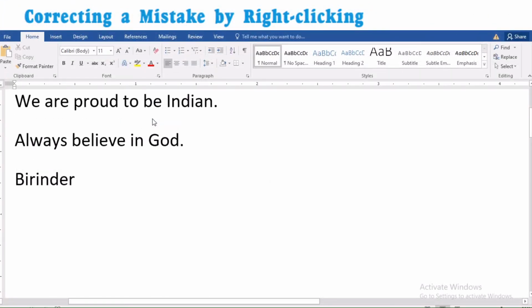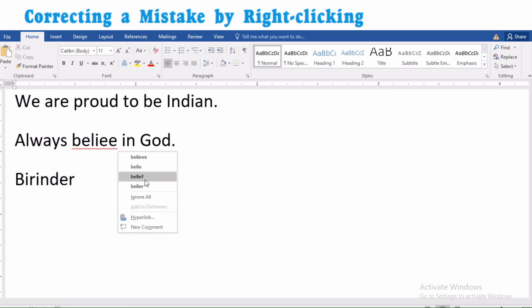Children, we can also correct any mistake by right clicking on that word. Let's imagine again I am making some mistake in my word "believe," and now you can see the spelling is wrong. So what I can do, I will click in between this word and right click. You can see it is showing me suggestions for the word.